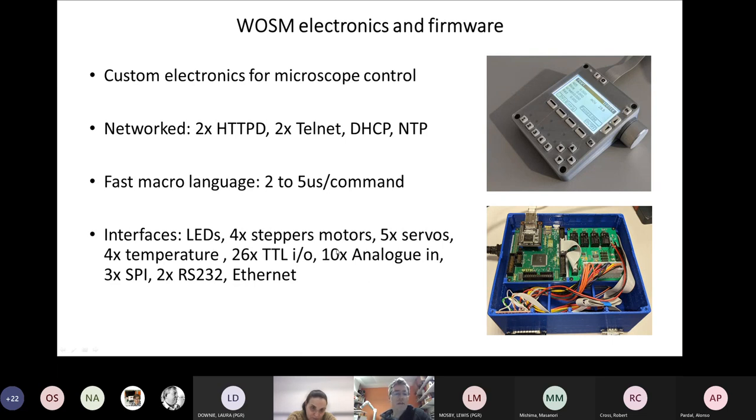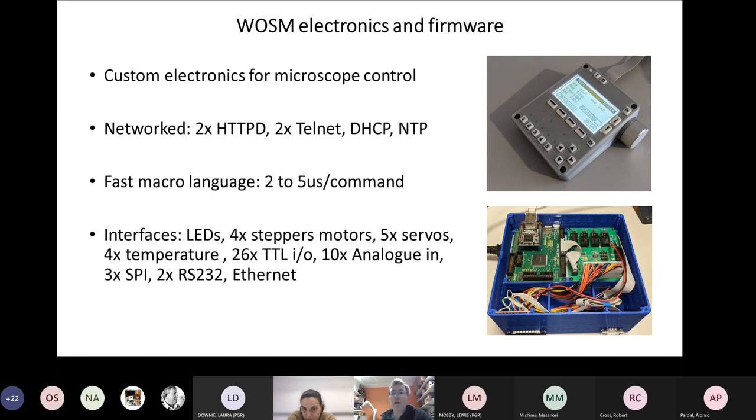But as I say, in the eduWOSM, we're just using the LED drivers, which are these little black boxes here. These things are capable of giving 0 to 1 amp per LED, which we can use. So that's that, and then there's also a little stepper driver down at the lower left of the box, which controls the focus motor. Okay, as I say, all accessible from the control pad here,